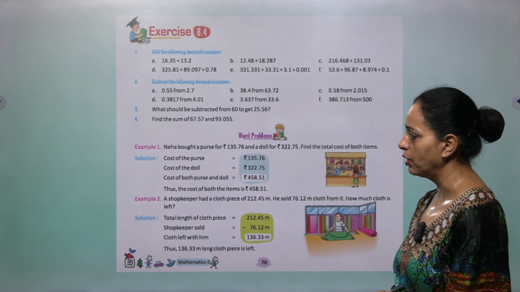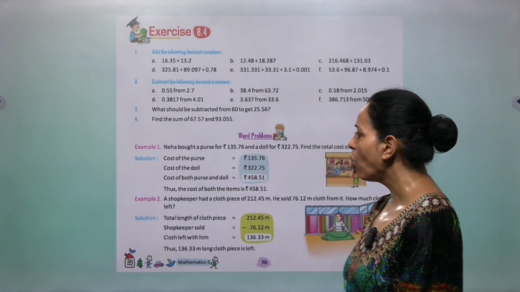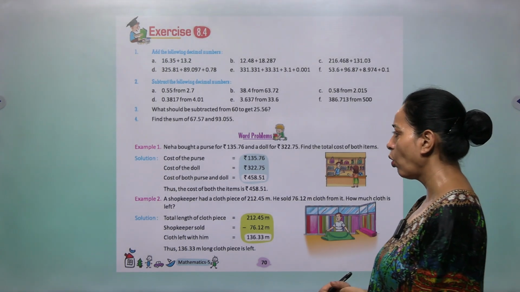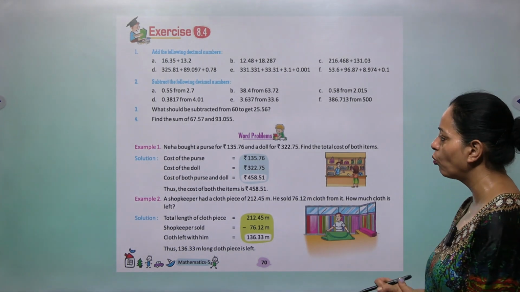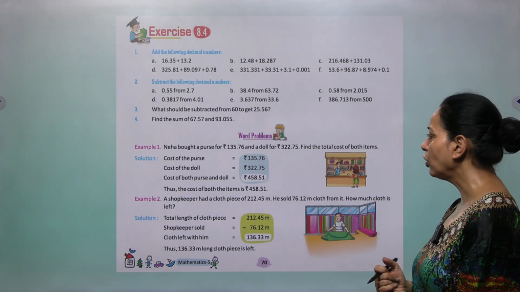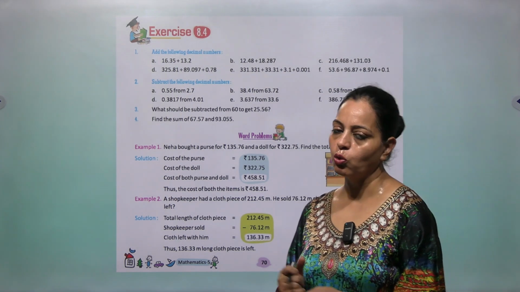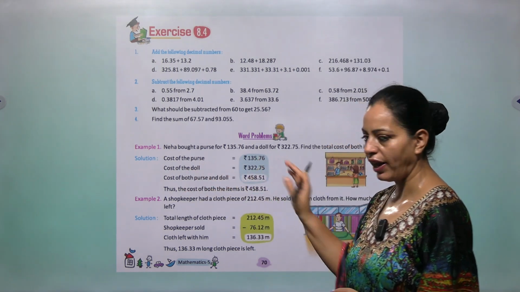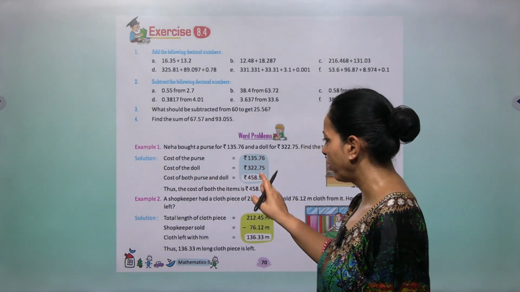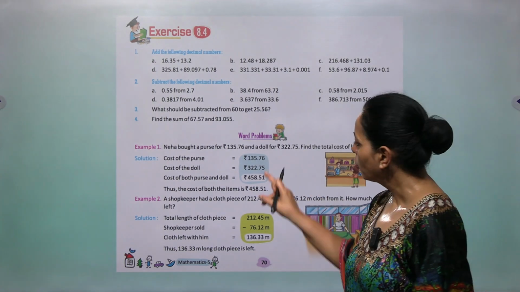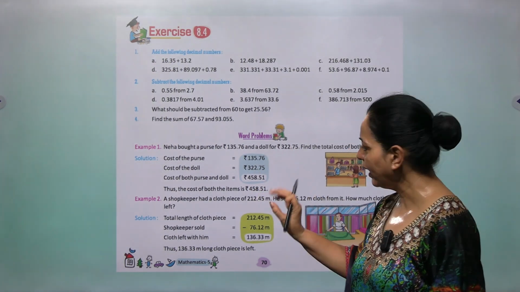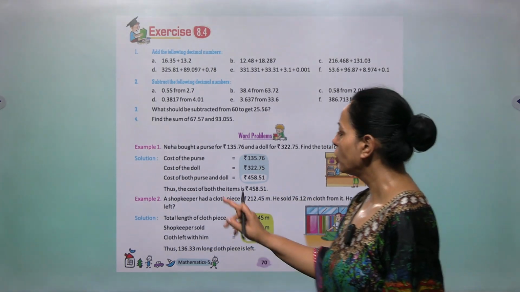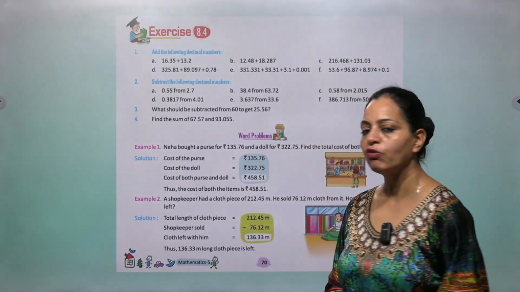Now word problems. Example 1. Neha bought a purse for rupees 135.76 and a doll for rupees 322.75. Find the total cost of both the items. So total means addition. So solution is cost of the purse, you write, and then cost of the doll, you write. Both are like decimals. तो आप जैसे कॉलम वाइज लिख देंगे, डेसिमल के नीचे डेसिमल लगा देंगे, दोनों को ऐड कर देंगे. So thus the cost of both the items is rupees